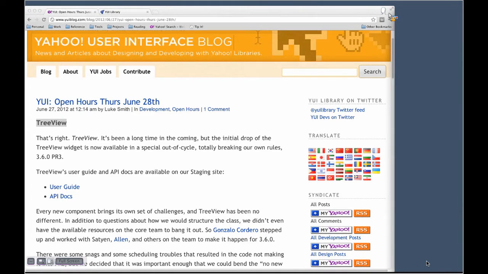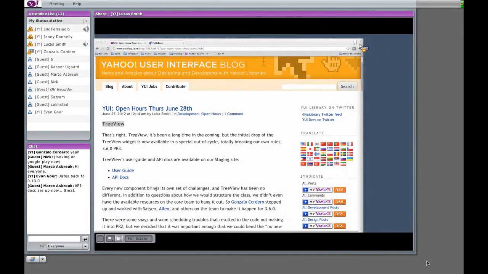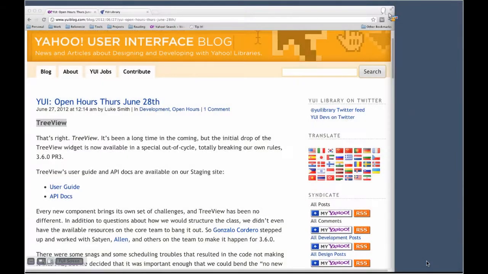So as I said, PR3 is available today on the CDN, and just like PR2, please have a look at it. You can continue to use PR2 if you're using PR2 and you're not planning on using TreeView, but if you're here with us in Connect, or if you're watching the video, then you probably care about TreeView. So with that,